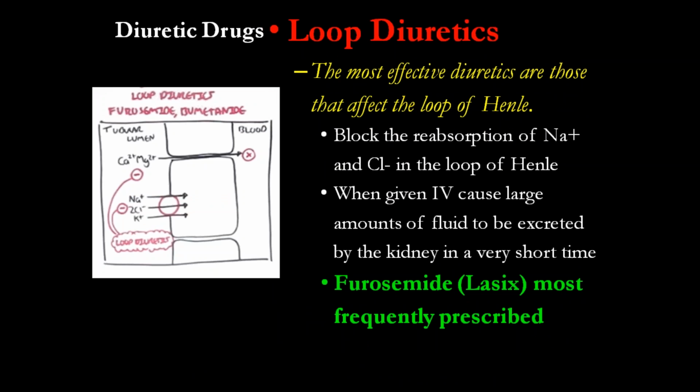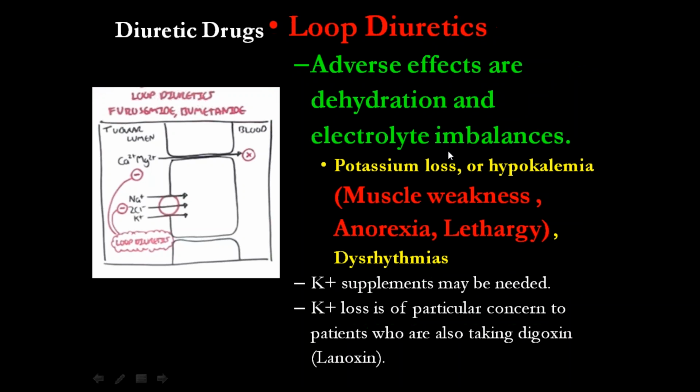All right, so here we have the loop diuretics. That is the most effective, one of the big guns that we were talking about. The commercial name is Lasix. That is one of the most commonly prescribed when you have a hypertensive crisis. A hypertensive crisis is when your systolic blood pressure is more than 180. That is when you are going to use the loop diuretics. All right, so let's start talking about the loop diuretics.